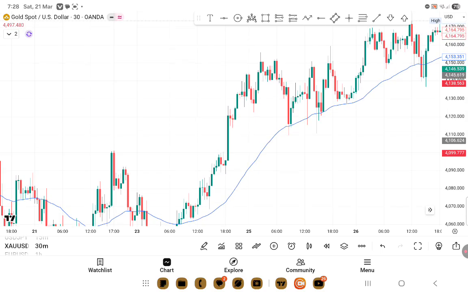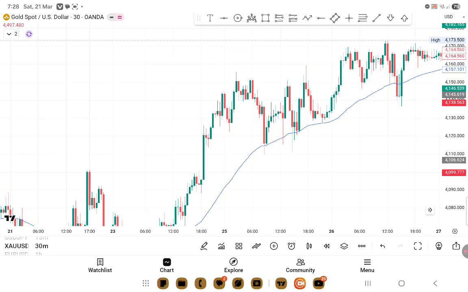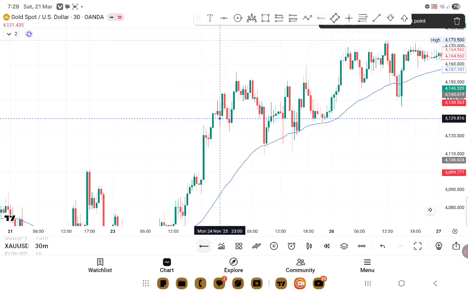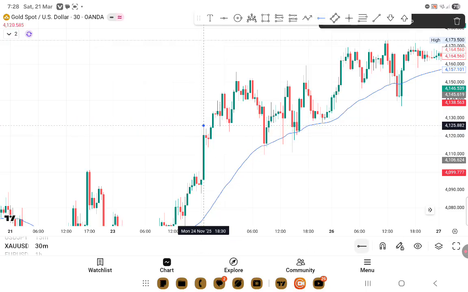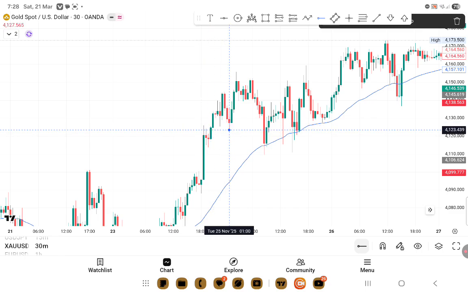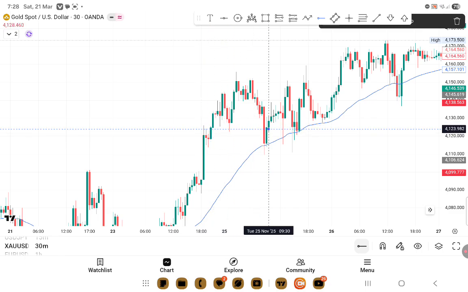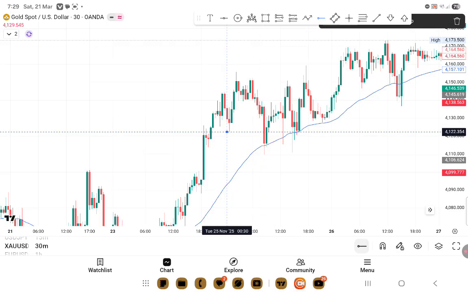So mind you, we are in an uptrend, so we're looking for wick and body close. Wick and body close. This did not work because it's in between two candles and it's not a big candle. It's not like a coffee candle. It's in between, so it did not work. This one worked. Yes. This is the wick